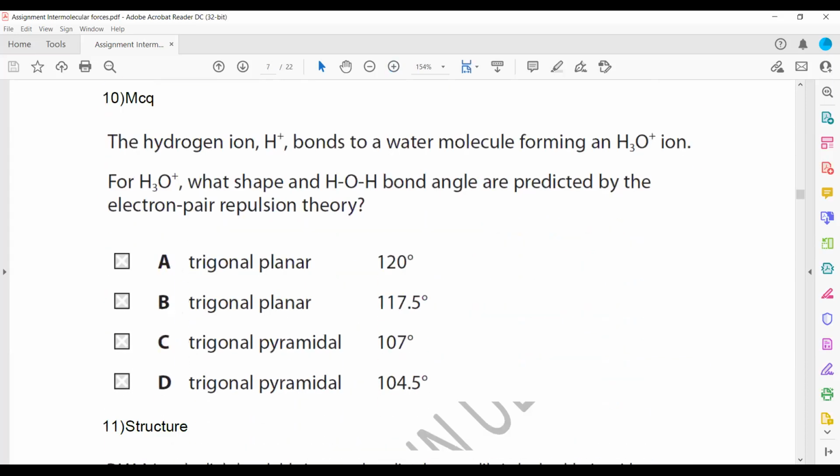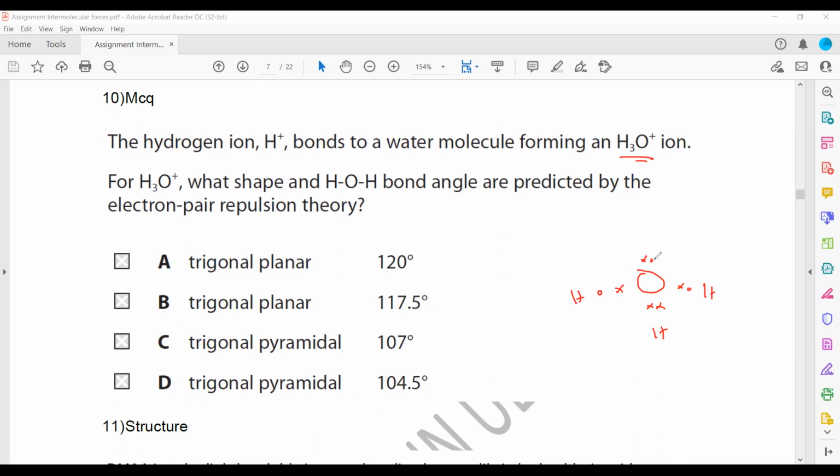In question 10, this is about the bond angle and predicting the shape of a molecule on the basis of the bond angle. A hydrogen ion bonds to a water molecule to form H3O+. So what will be the structure of H3O+? There will be a dative bond here,